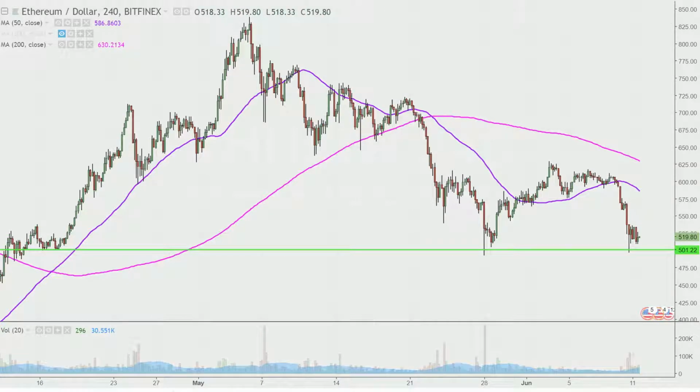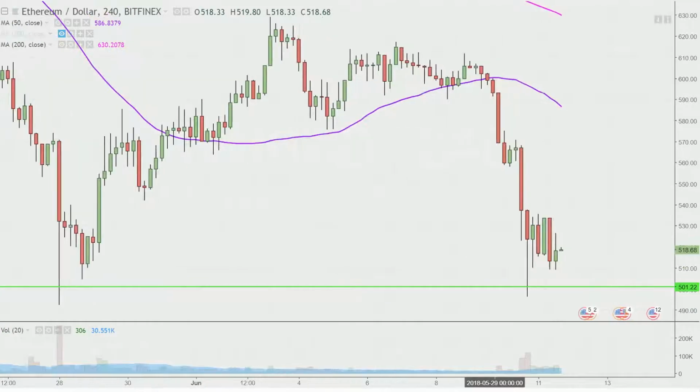If you go down memory lane with me quickly, you can see back here after this very, very nice bounce upwards, and then the pullback that acted as a level of support, the bears just could not press down below there. Fast forward to more recently, once again the price got around this vicinity of the chart of 500. Bulls did a fantastic job of holding strong. And then, I'll zoom back in now so you can see where this green line is coming from. Once more within the past several hours, the bears try to press down through there, but to give credit where credit's due, the bulls did do a good job